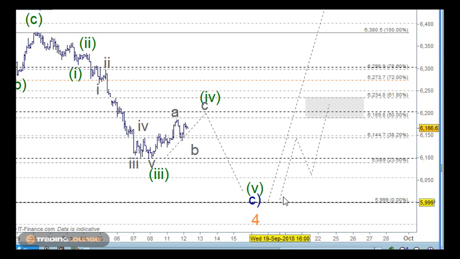So we're either going to move to here, and then we're going to be moving down from that point, or we're going to be continuing to move up from that point. So we'll need a tactic to handle that. This move down through here at the moment, we could also call corrective because it's in 3 waves. We know that the 38.2% retracement level is here.